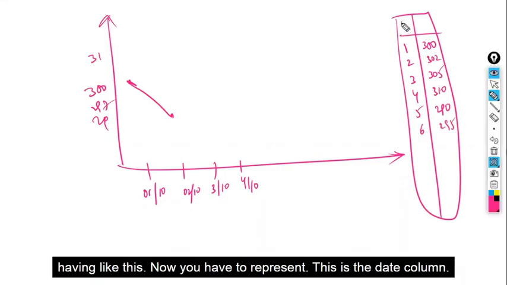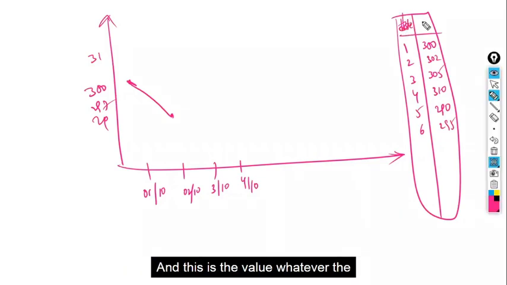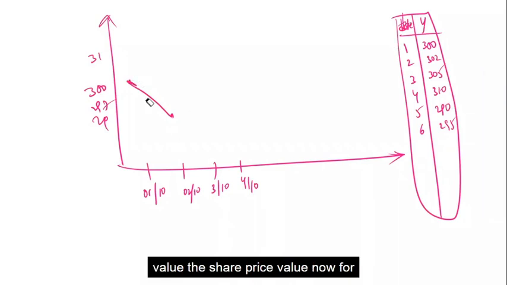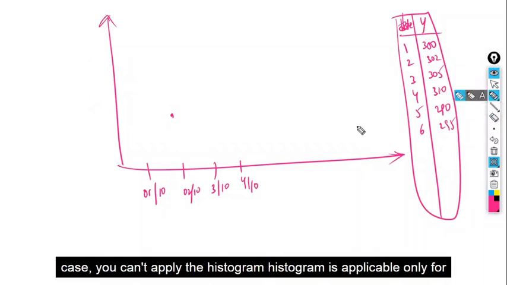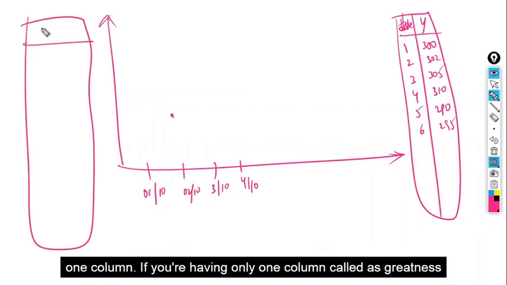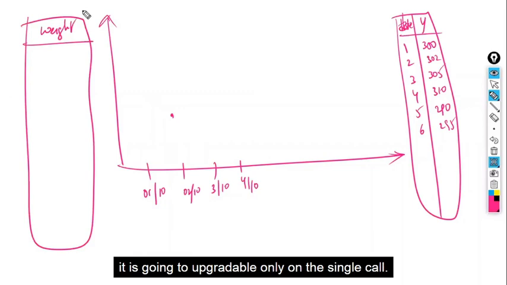Now you have to represent this, this is the date column, and this is the value, whatever value you are having, the share price value. For this, you have to represent a plot. In this case, you can't apply the histogram. Histogram is applicable only for one column. If you are having only one column, like weight, it is going to be applicable only on that single